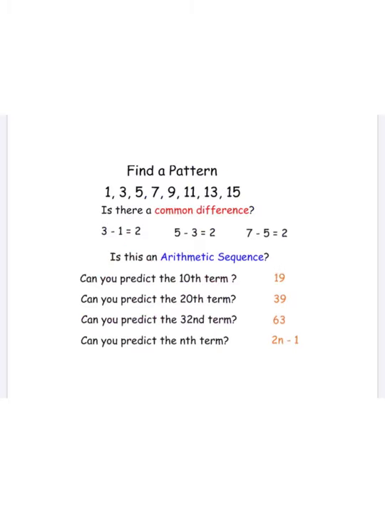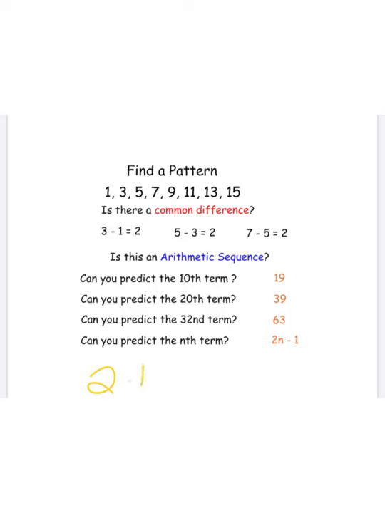So if we're looking at this pattern, we can also look at the patterns in terms of a list. So if we're looking at 1, 3, 5, 7, 9, 11, 13, 15, we have to first find out, is there a common difference? You should see that yes, there is a common difference, because as you go through the list of terms, each one increases by 2. So is it an arithmetic sequence? Yes, it's an arithmetic sequence. Why? Because it has a common difference. So if we were going to make our expression to be able to predict all those terms without having to extend the sequence to the 10th term, the 20th term, the 32nd term, etc., I would take my common difference, which was 2,